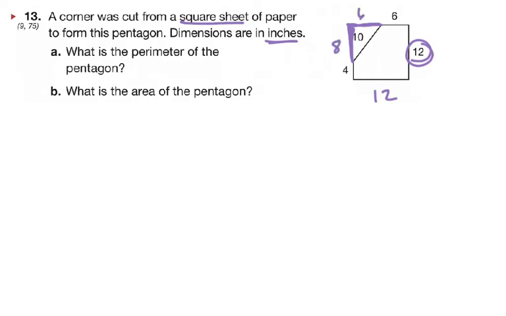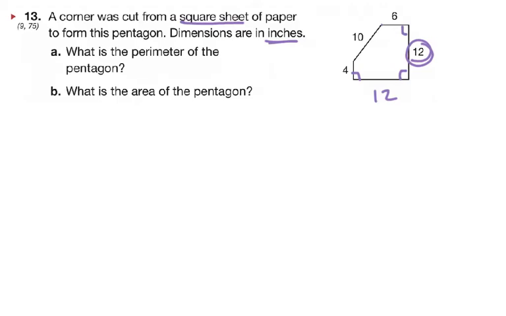So they took off this little triangle right here. So we're going to erase this. Okay. And we should know, since it's square, that this corner and this corner and this corner are all 90-degree angles. And it says, what is the perimeter of the pentagon? Well, now I know all the sides. And remember,